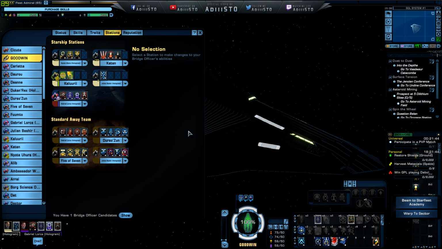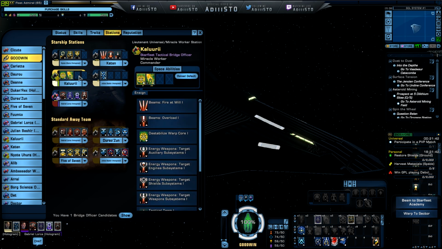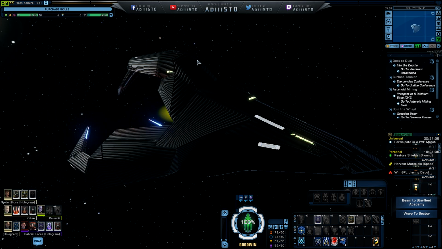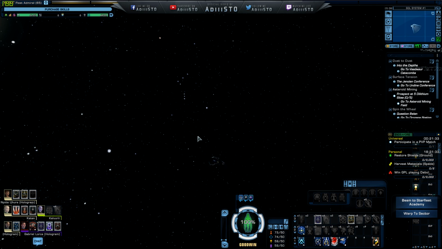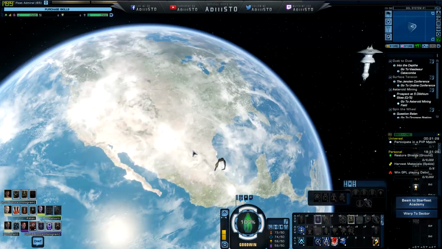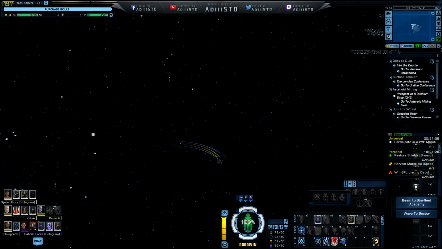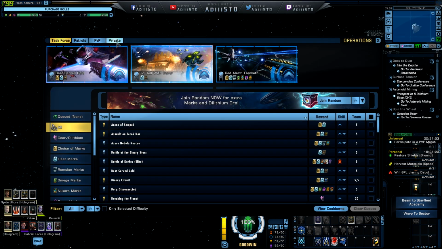Not a build video, as I always say. I got a couple of Miracle Worker and a little bit of Intelligence Bridge Officer powers up here that I'm going to show you guys. And right now I'm definitely going to zoom out, because this is how I play with this thing, or at least am going to play with this thing, and I'm going to rock it like this in a patrol